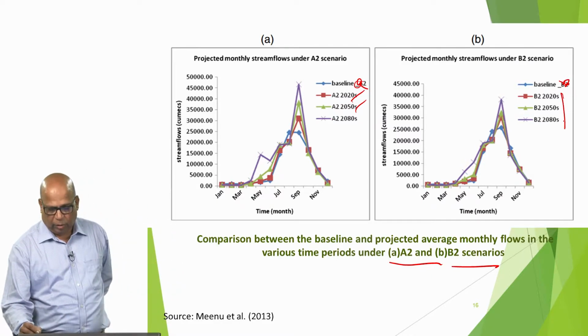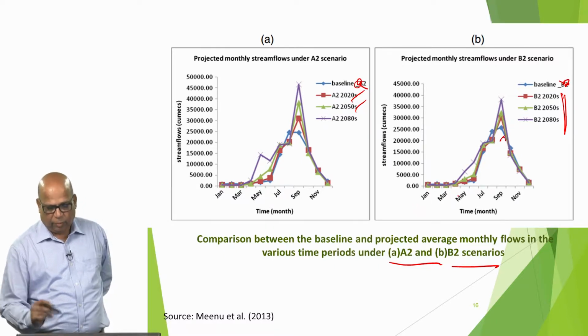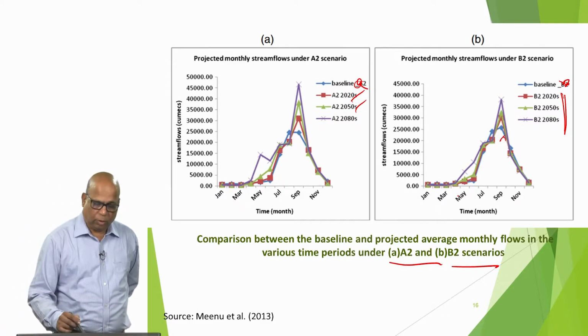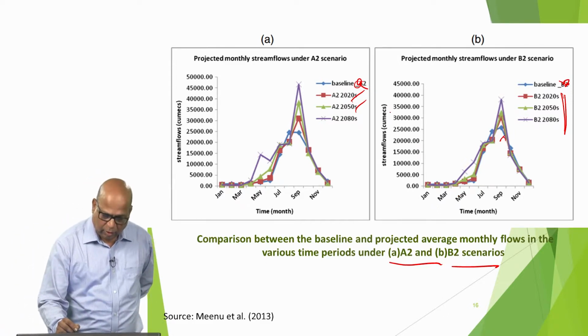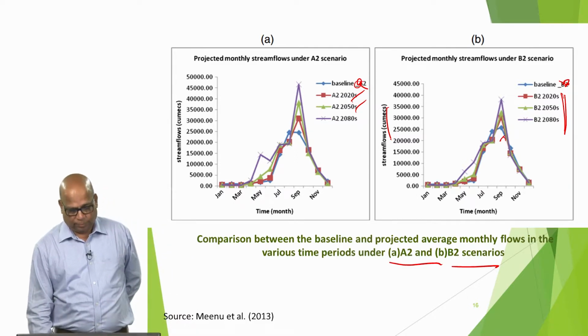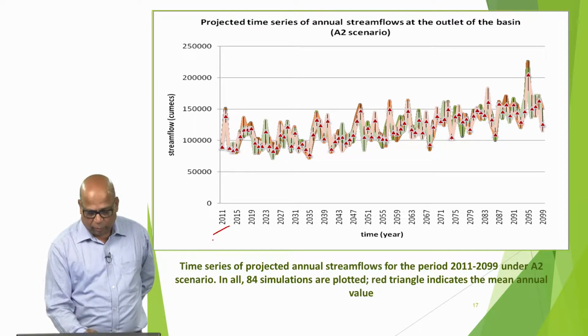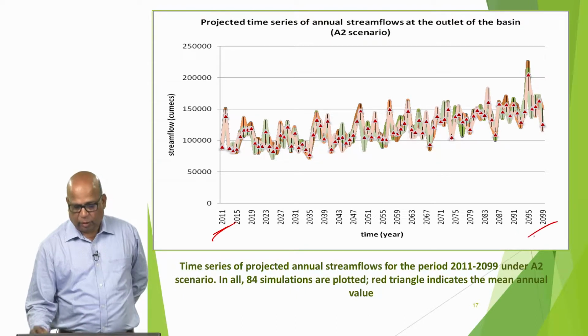Similarly, for the B2 scenario, this is the baseline and it is likely to increase. This is the average monthly flows that we are talking about, and the monthly flows are in Qmax, cubic meters per second at that particular location. So, when you plot the time series into the future, let us say from 2011 to 2095, 99, etc.,